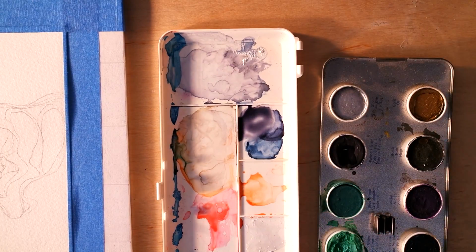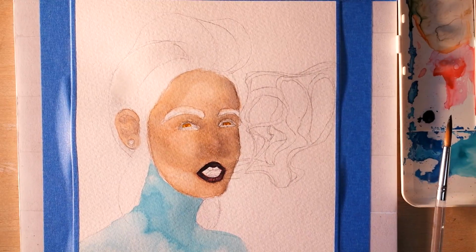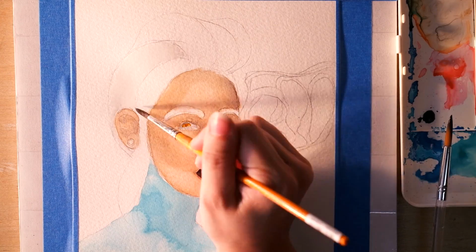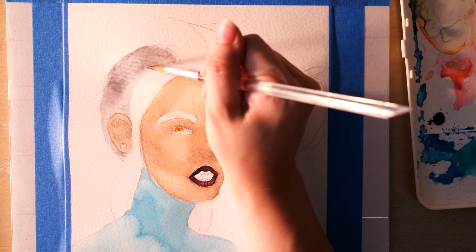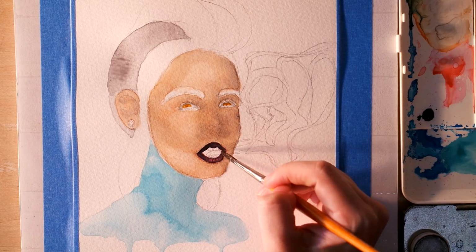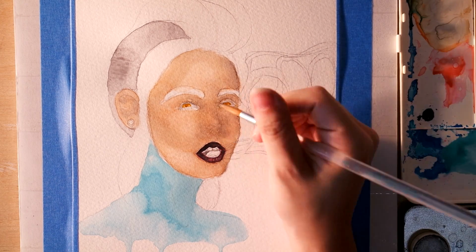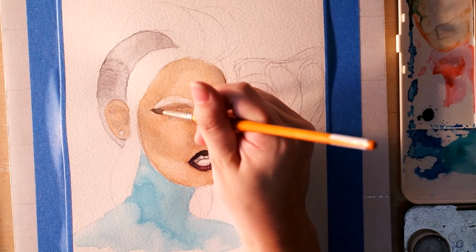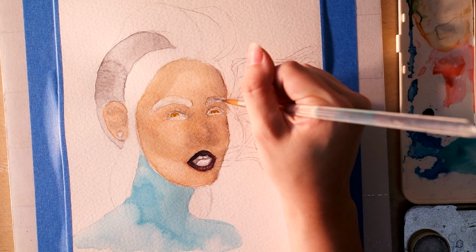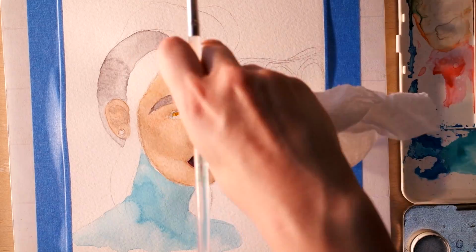So sorry we kind of deviated from the process here, but it's basically the same thing. After I did put the blue on the neck, the blue was a combination of the colors that I used previously in the Bubblegum Princess painting with gouache and white and Dr. Teal's Norway Blue. So I just lightened that up. Actually, I put a bit of green in there because I wanted more of a turquoise feeling to that, and I went for a really bold vampire kind of burgundy lip, and I built that up slowly, and now I'm working on the eyebrows, and it looks super weird right now, right, because there's no details in the piece,